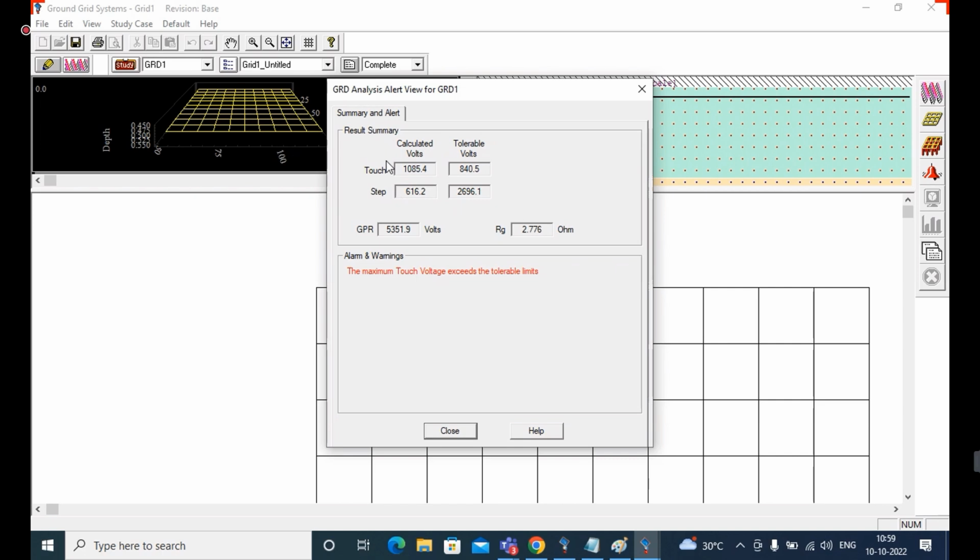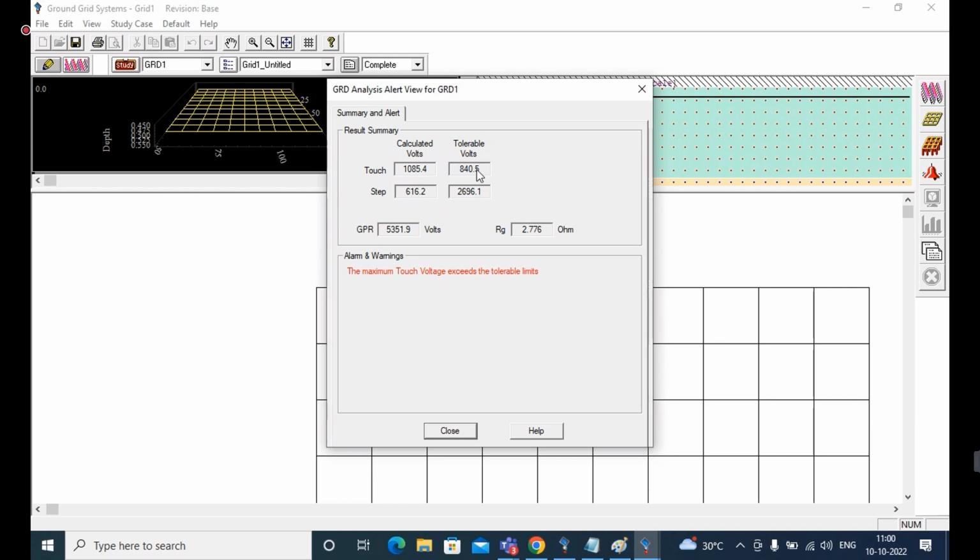I already told you the reason we are calculating the step and touch potential: where a potential difference occurs, current will flow in those places. So how do we give the solution for the touch potential?